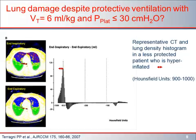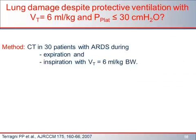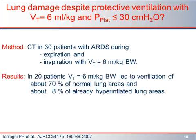Also in end expiratory and inspiratory, we have high volumes of atelectasis. And in this case, the inflation is going into the already overinflated lung areas, and there the tidal volume is causing damage in the patients. So they did these analyses in 30 patients with ARDS during expiration and inspiration, and they found that in